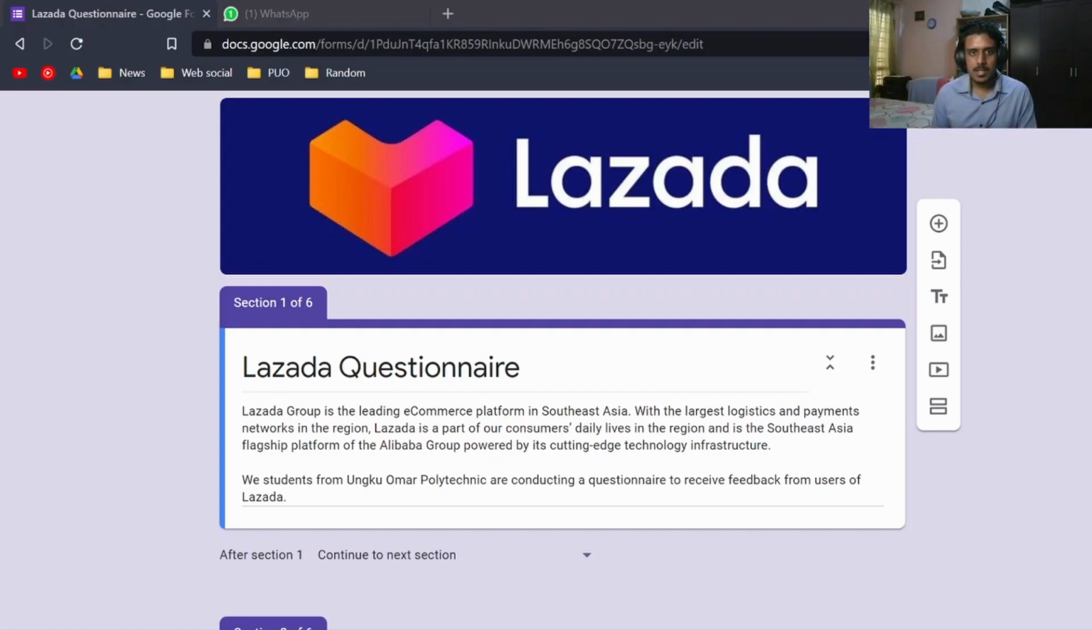I am the group leader for my group, and my group mates consist of Isac, Russell, Paulbert, Ugahnesh A, Moorthy. We have been tasked to build a questionnaire for a website. Now, the website that we have chosen is Lazada. What is Lazada? Lazada is a group that is leading the e-commerce market and is one of the largest e-commerce